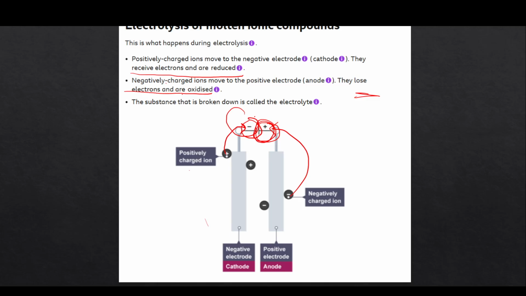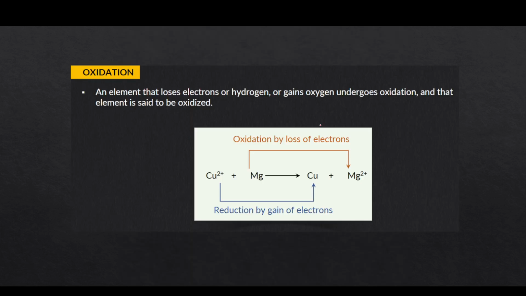And yeah, so this is showing electrolysis of a molten ionic compound, which uses direct current to break down a liquid chemical substance, which is called an electrolyte, into its individual constituent elements. Okay, then oxidation: an element that loses electrons or hydrogen or gains oxygen undergoes oxidation, and that element is said to